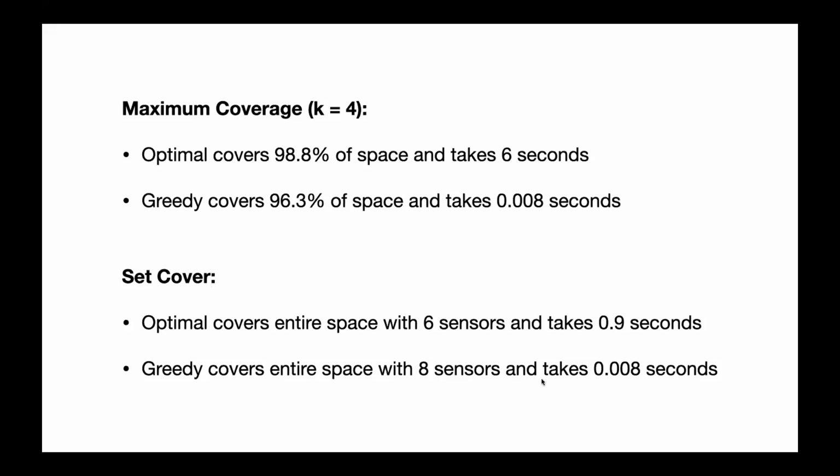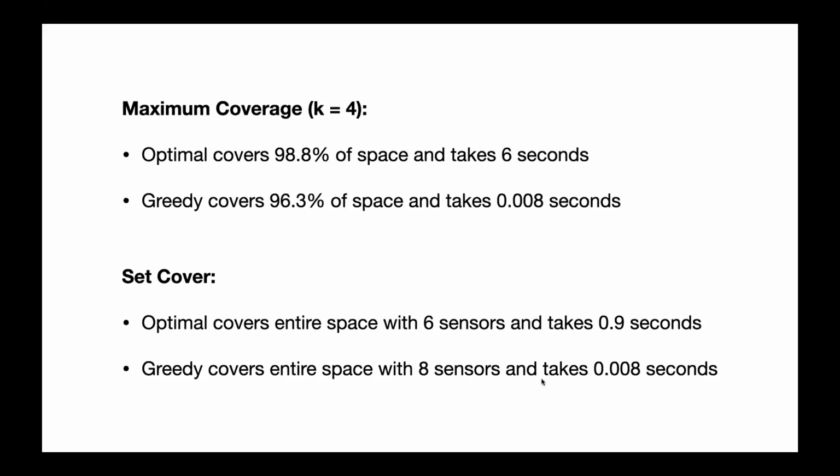And intuitively, this is just because of the same issue I showed you on the last slide, which is that the greedy algorithm can make a kind of myopic decision at the beginning that ends up locking it into a configuration that doesn't allow it to fully utilize all 6 sensors. So probably at the very end, it needed to put 2 little sensors down to cover tiny little holes in its solution. So that's the basics of the discrete approach.